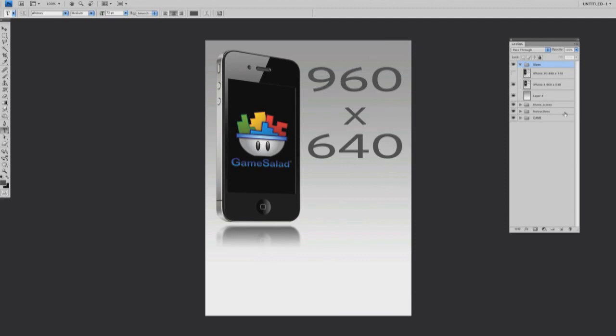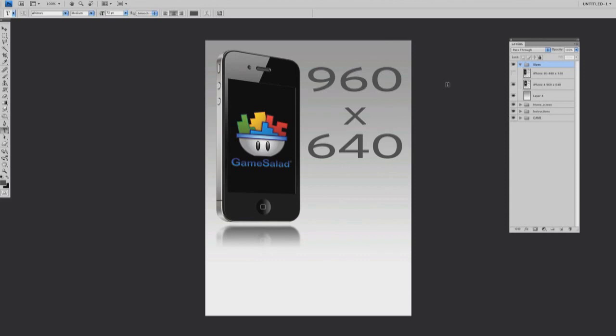And when this is checked, it means that you can take your projects that have been designed in the 960 by 640 format, and it'll resize everything down for other phones and optimize all your graphics for earlier phones and earlier iPods as well. So if an iPhone is your target, I recommend that you do the 960 by 640 format when you're designing your projects inside Photoshop or any other image editing program. And then when you decide to bring those graphics into your GameSalad project, make sure that you have resolution independence